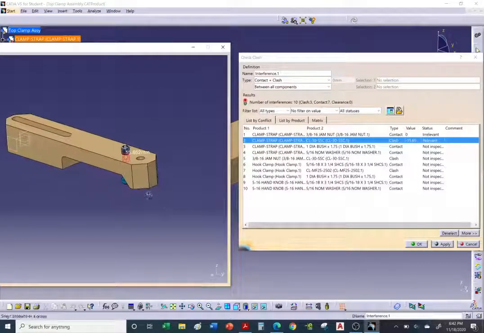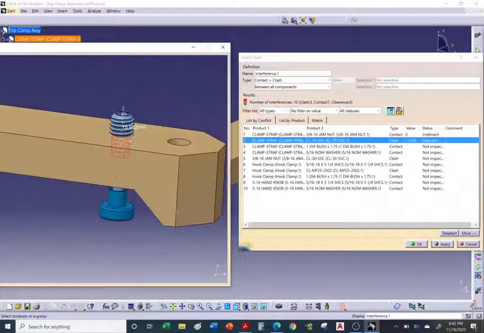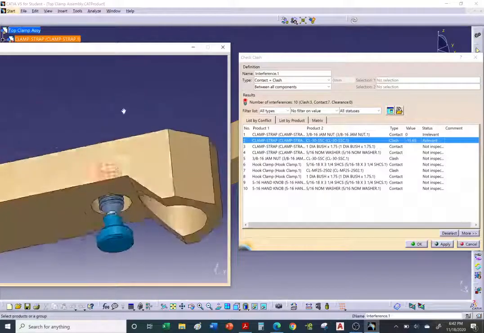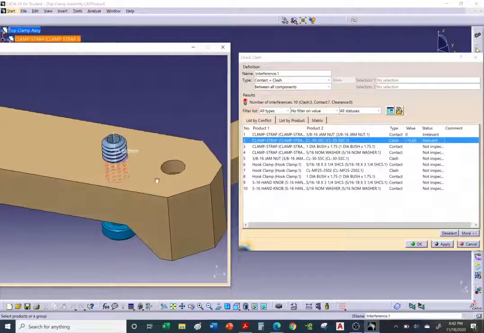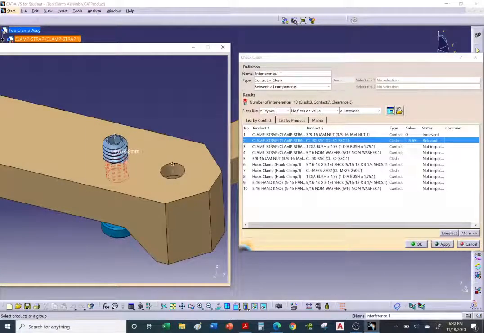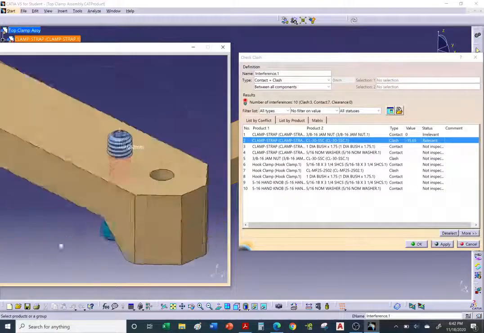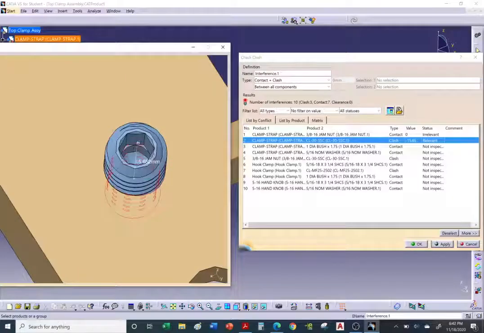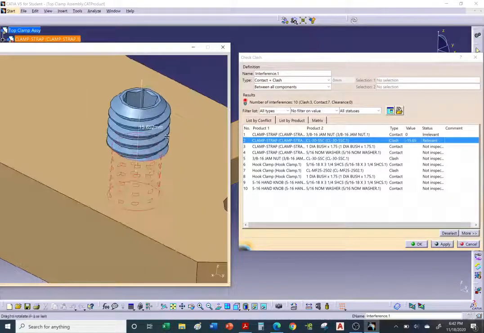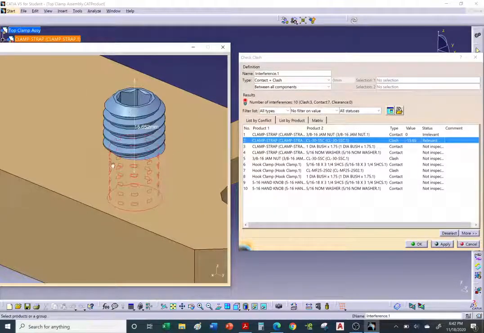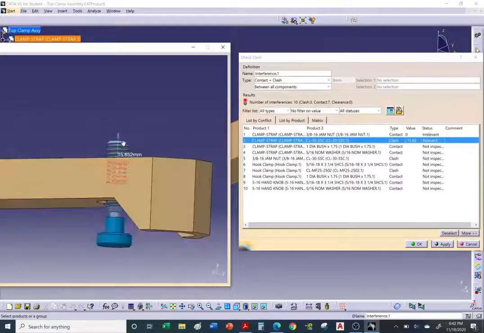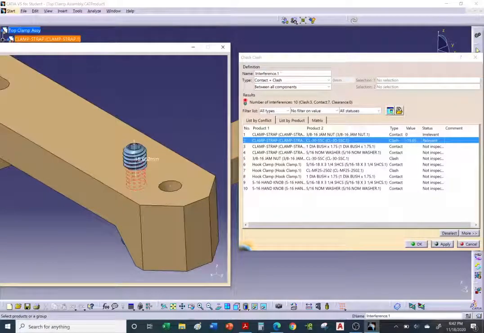Hey, there's an issue between the swivel foot, the threaded shaft, and the hole. Well, obviously this counterbore hole is supposed to be a tapped hole. We don't model threads, by the way. So this is a tapped hole, and it engages with this threaded shaft, right? And we can have a tool here to turn it. All right, so we don't have an issue with this, so we can go to that second issue here,